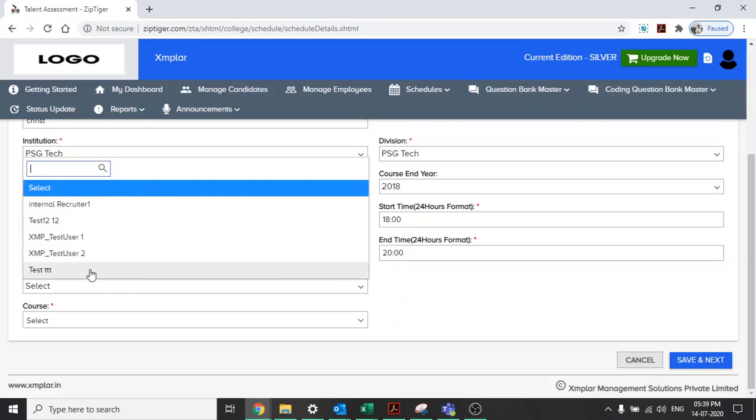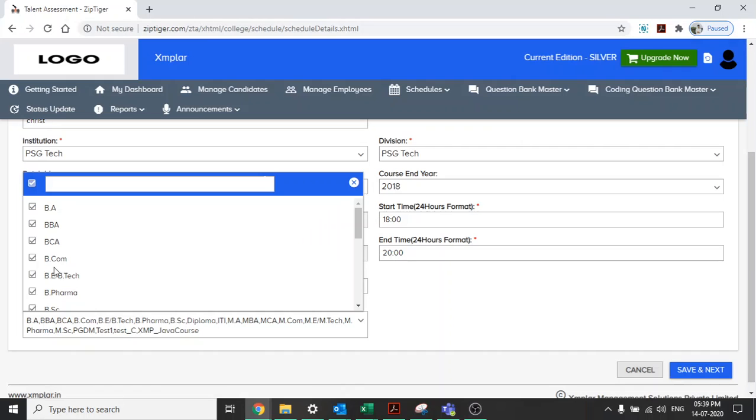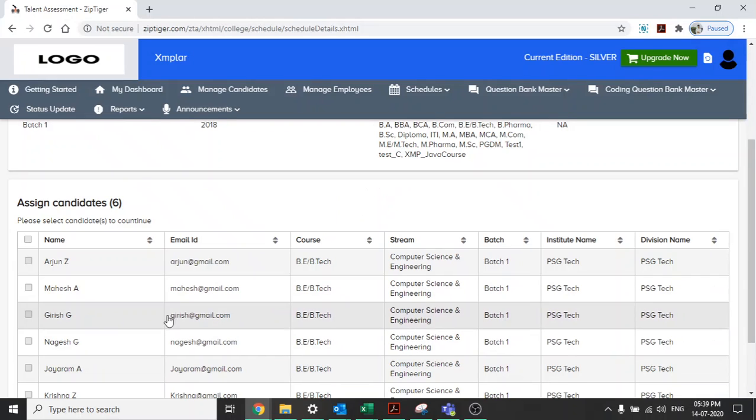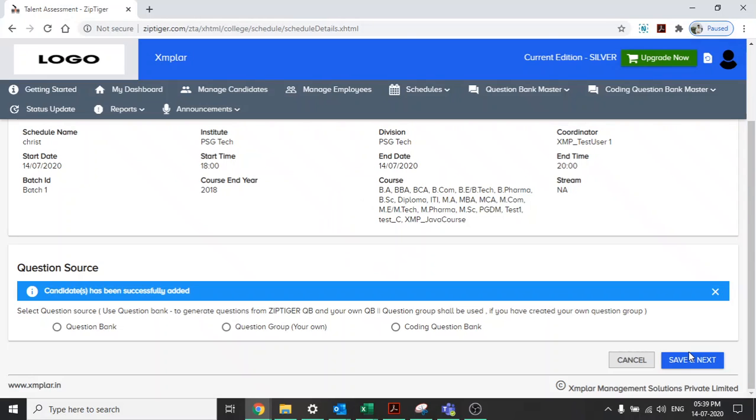You can enter the coordinator for this schedule and the courses. I'll select all for now. Here you'll get the students. You can select an individual student or select all, and then Save and Next.